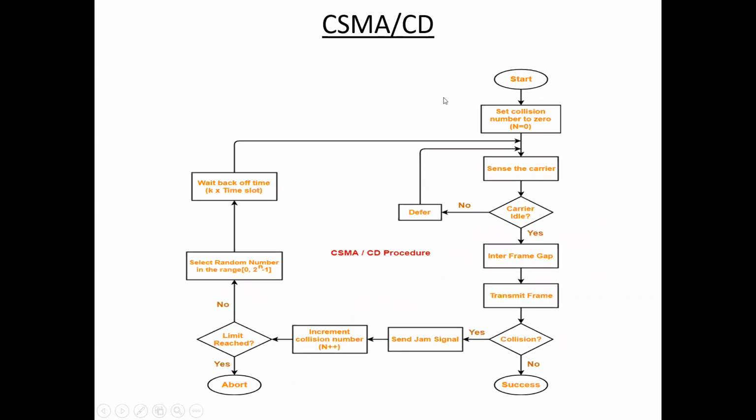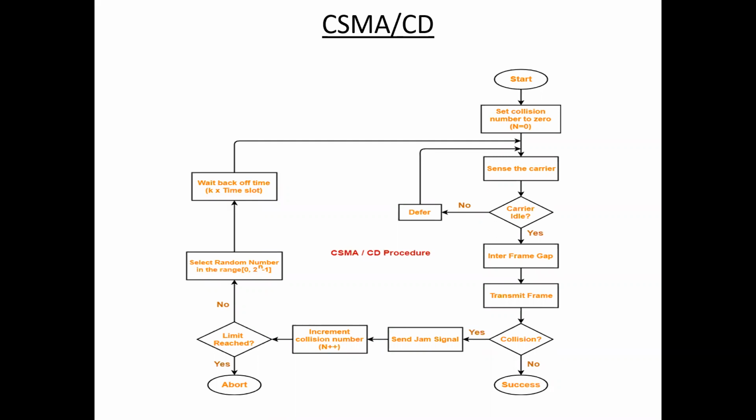Next one, CSMA/CD, carrier sense multiple access with collision detection. It is a network protocol for carrier transmission that operates in the MAC sublayer. It senses whether the shared channel is busy or not and defers transmission until the channel is free. The collision detection technology detects collisions by sensing transmissions from the other stations.